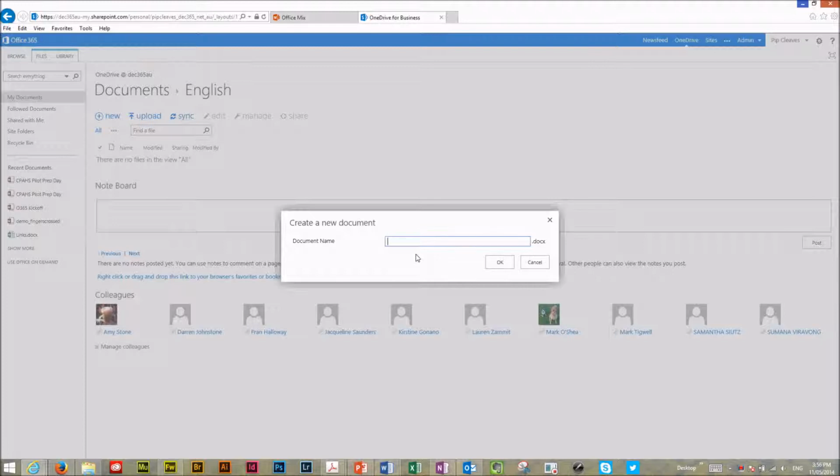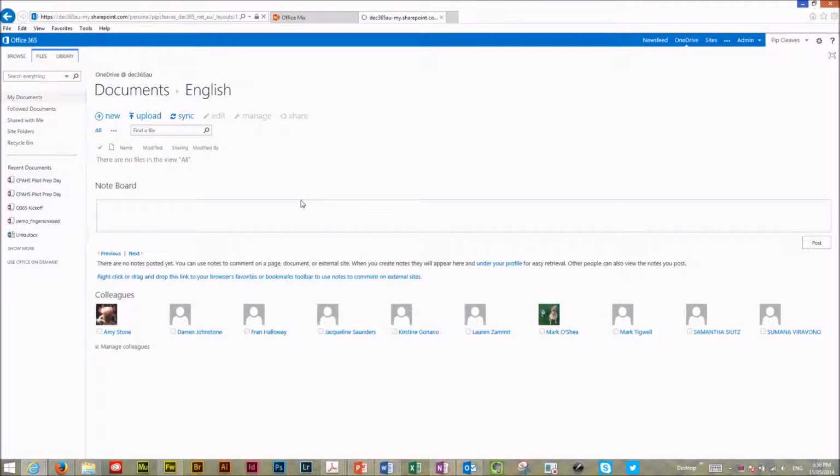So I think we might name this one Notes from Holes. Whoops, just pop that little M in there. And now all I need to do is hit OK, and you'll see that your browser will refresh itself, and very shortly the file will appear in the list, and it will also open for you that actual Word online